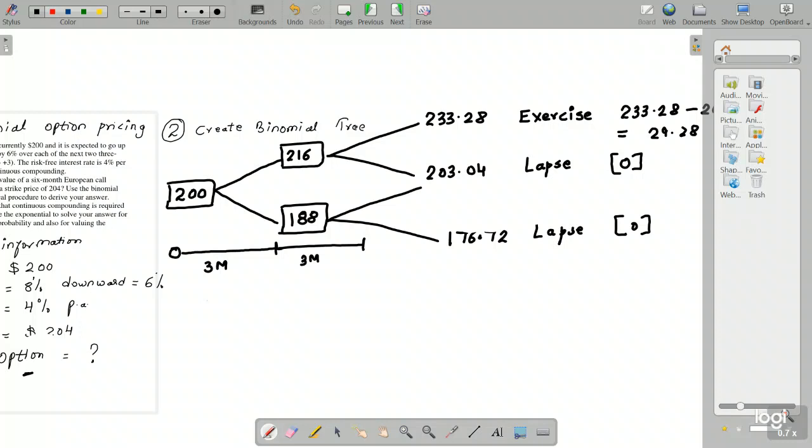So calculating the probability means I want to calculate probability, and there's a formula: e^(rT) minus downward trend, this whole divided by upward trend minus downward trend. Now sometimes a student will get confused about what this upward and downward trend is, and they take downward trend as 6% and upward trend as 8%, but I just want to make things very clear to you that when I say D, I mean 1 minus D, and when I say U, I mean 1 plus U.